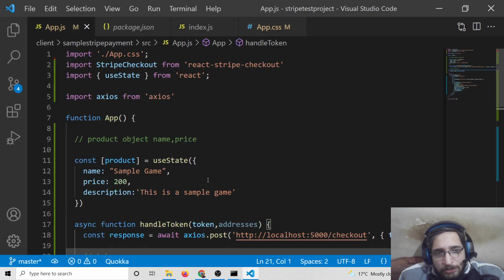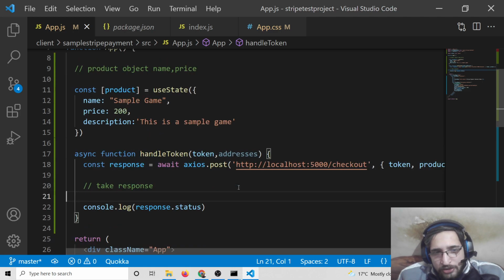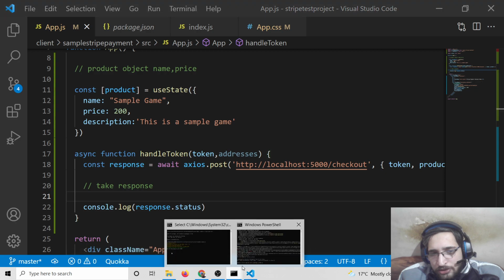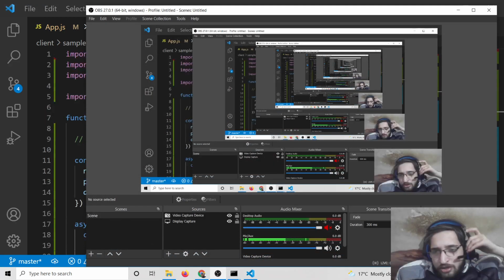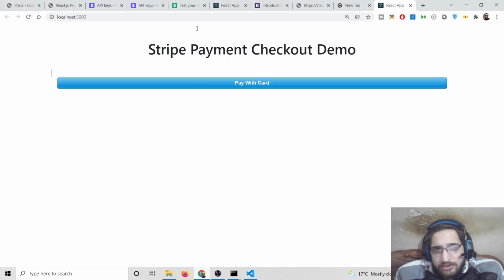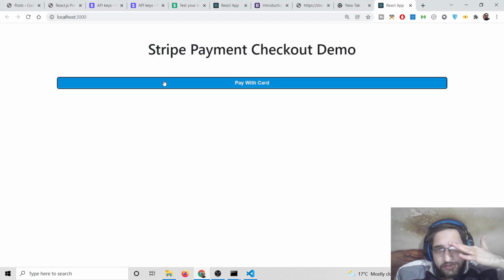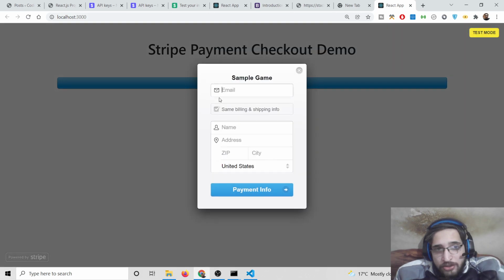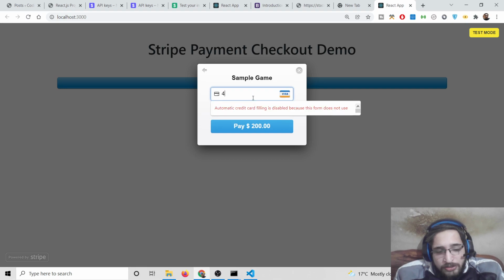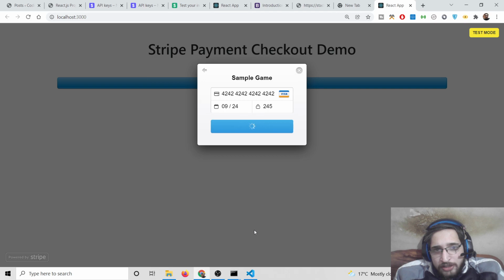So I think this is a problem here. Handle token is not defined. Localhost 5000. And now, guys, if I just submit this, you can see that localhost 3000, the client is running. If I click the pay with card option, if I submit this, click payment info, if I submit the card here,